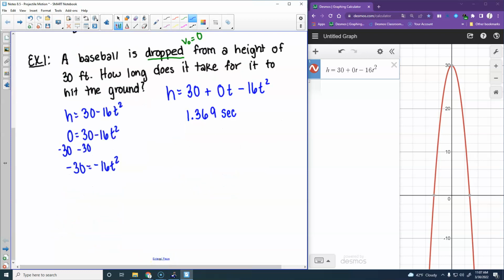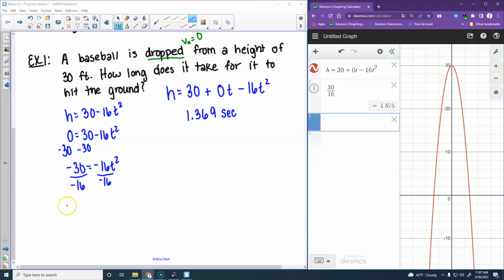Not yet. Let's divide by that negative 16. And so if I do negative 30 divided by negative 16, I will get 1.875. Okay, and then what would I do after that? Square root. So if I square root that,